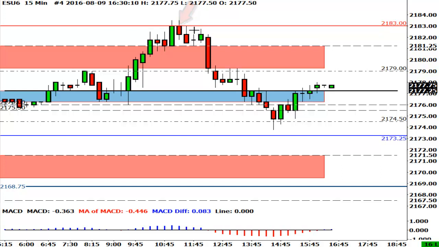Came back, we tread water a bit here, just above the point of interest, the high zone. Then we crashed down through it, right? It was decisive. We came down. We almost got to the balance zone, but not quite. We decided to tread water here, went back, touched the high zone here a couple of times, then came down, tried to make it through several times the balance zone. Down we went finally, and then we rallied back to it, and for all intents and purposes we closed within the confines of the balance zone, just a little bit above,